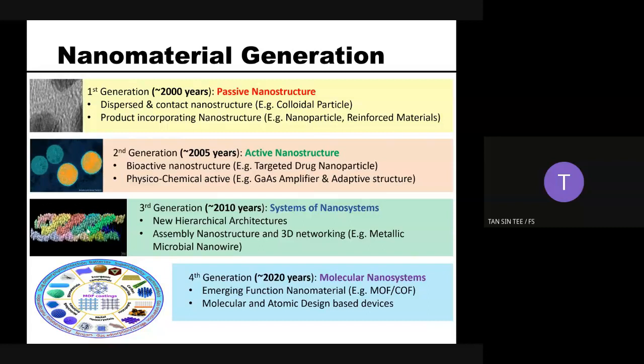People are working on the molecular nanosystem. I think quite a lot of the scientists here have heard about MOF and COF, which are the metal organic framework and the covalent organic framework. What the scientists are doing in the MOF and COF design is that they can place and design whatever kind of material with the property that they need for a certain type of application. For example, with MOF, we can choose or select the magnetic carrier or the ligand that you can use to modify what kind of framework structure you need in the molecular system.